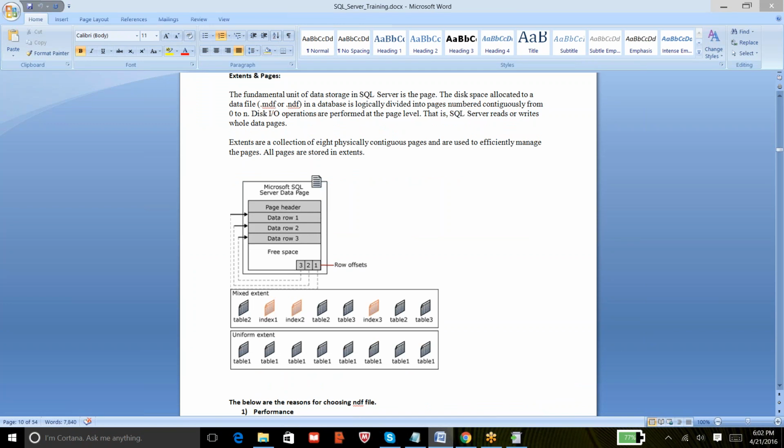Yeah, guys, this is the picture of how it looks for the extent. So this is a page. I hope you can see my screen. In each and every page inside the data file, the first will be the page header, where it reserves some space on the page. It notes down the table information, and if it has any other links, it writes them there, and from then it will keep on writing data row 1, row 2, row 3,